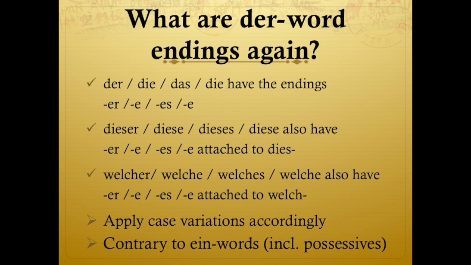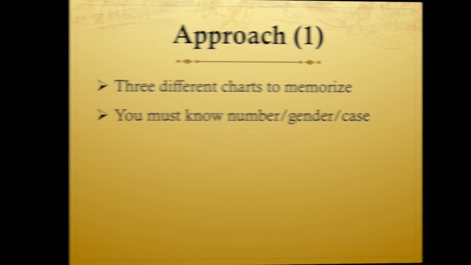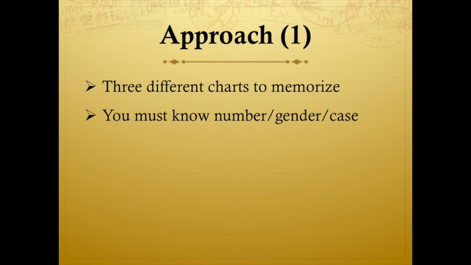So keep those in mind as well. So if you're all good on the der word endings and the ein word endings, we can start with approach 1. Here you need to memorize 3 different charts, and you must know number, gender, and case of the nouns